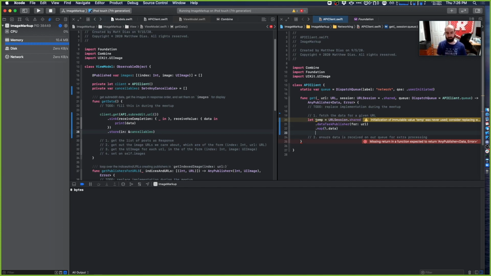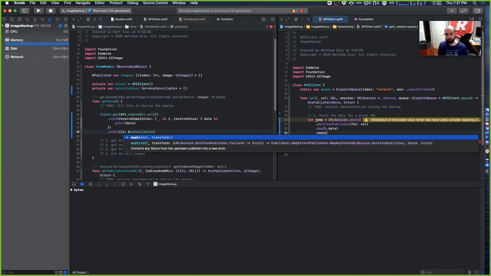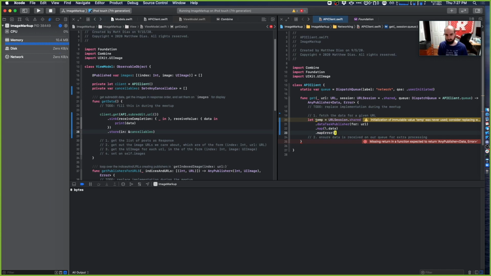So if we get an error, it's going to come back as a URL error, but we don't really care in this app for our uses that it was a URL error in particular. We just want to deal in regular Swift errors. And you'll notice we've said that explicitly here. This is going to be any publisher with the error type being just error, but URL error is a different type. It's not just error. So we need to map the error as well. And we get a nice little function to do that. Map the error. So $0 will be the error that we're given. Well, I'll use explicit syntax again. Error in, maybe even more explicit, URL error in, URL error